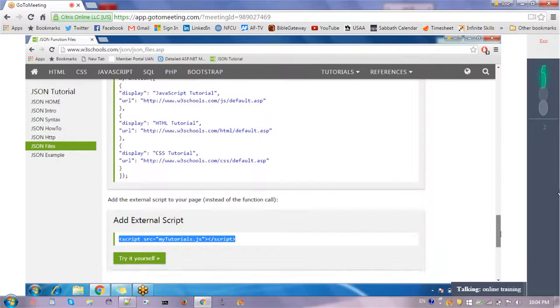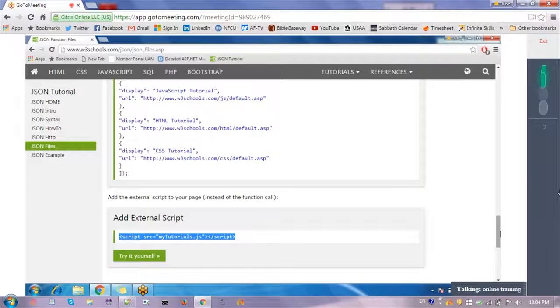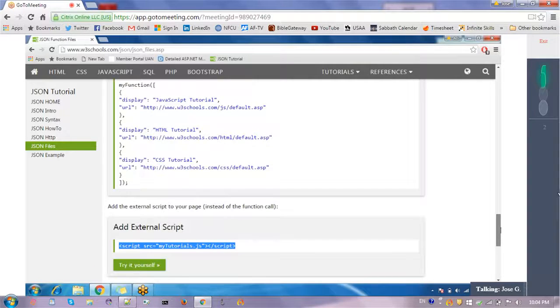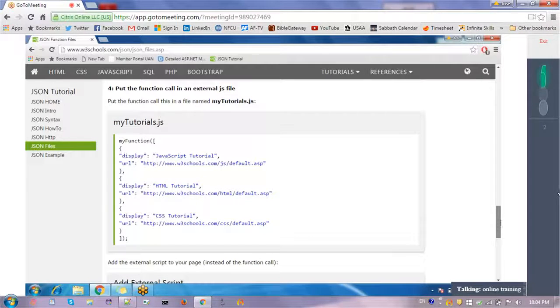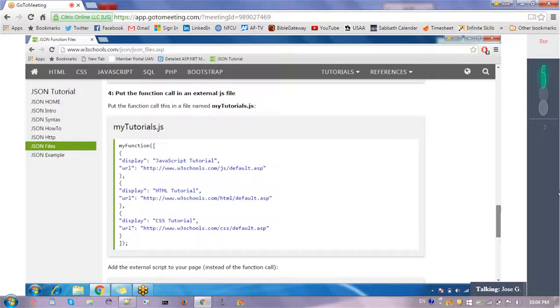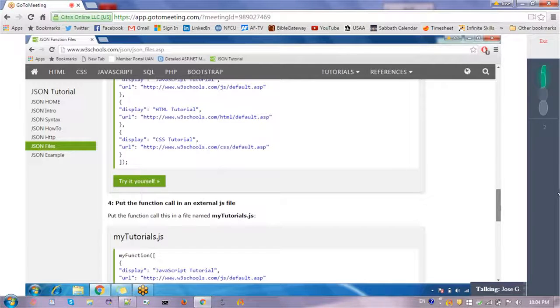Yes, absolutely, because JSON is nothing but a representation of the data in a string format. No problem, absolutely you can use that.